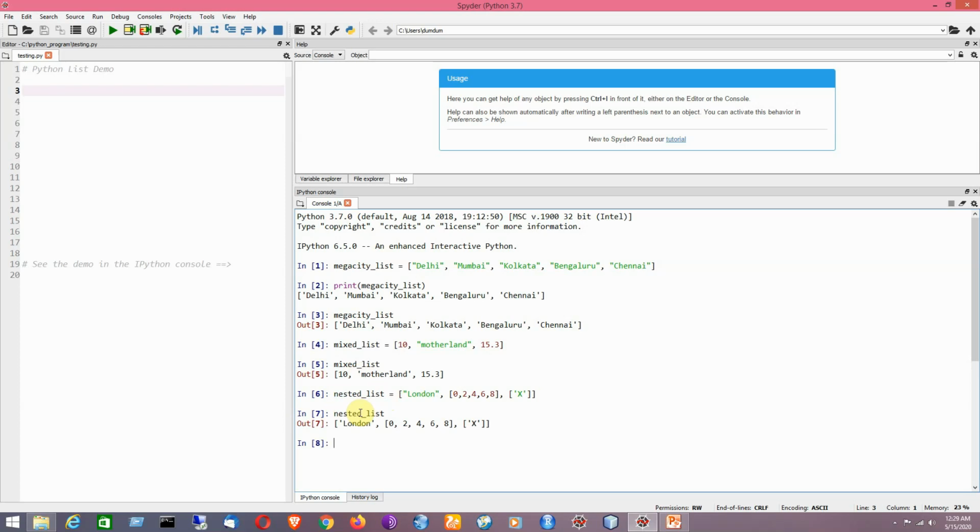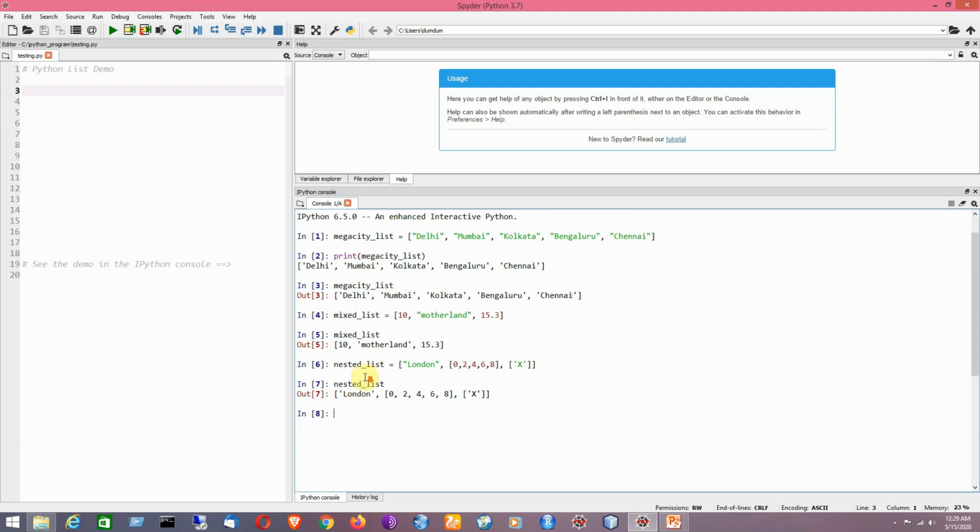Now I would like to create a list by using the constructor. Say for example I would like to create a list for different countries by using the constructor. So here we have to use double round brackets. Remember it. If we need to create a list by using the list constructor, we have to have the double round brackets. Okay, so that is the idea.